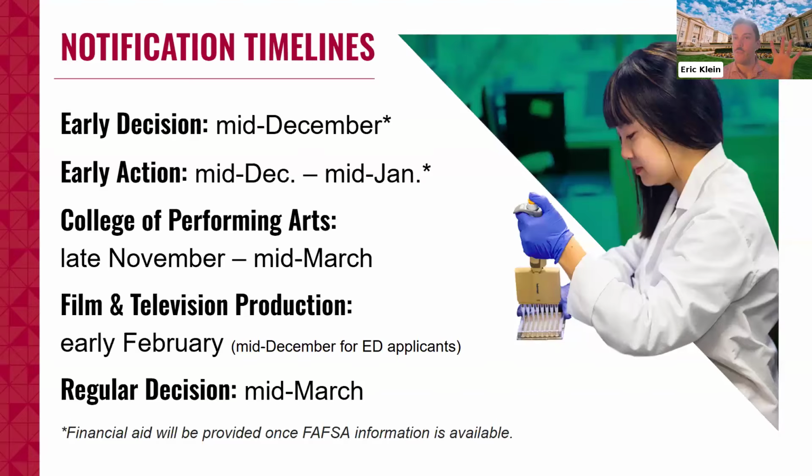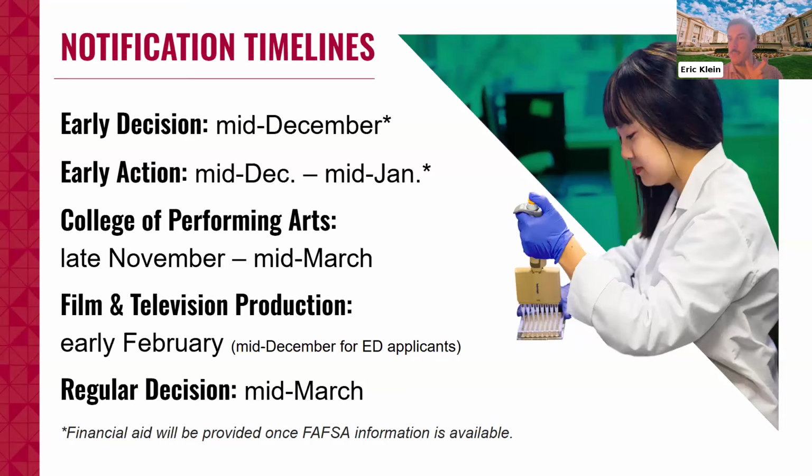So we in the admission office are reviewing the common application for general admissibility, and then the faculty are reviewing those creative supplement pieces to assess the student's artistic ability. And then we're coming together to finalize that admission decision. Because of that additional review, it does take a little bit more time for getting those decisions released. So typically our film and television production students who are applying early action can expect to get their decision by mid-February. If a student decides to apply early decision to film and television production, we do ensure that they still receive their admission decision by mid-December.